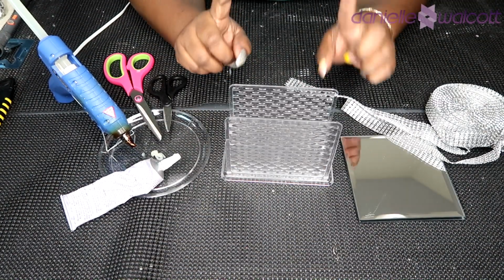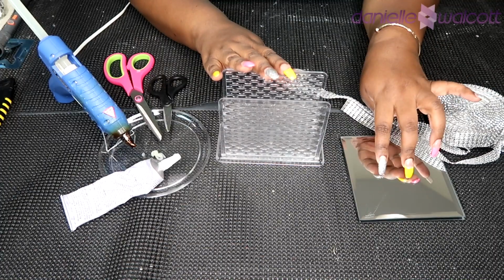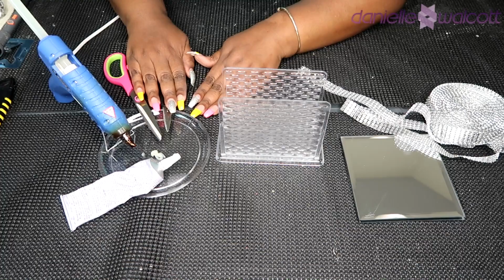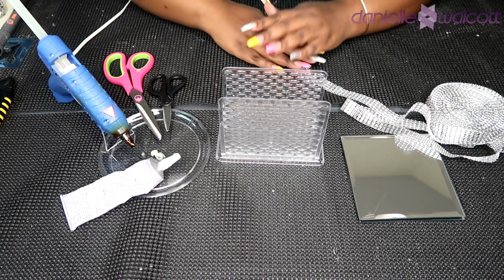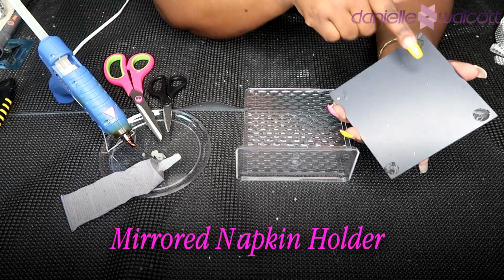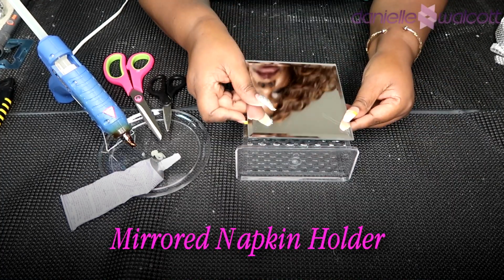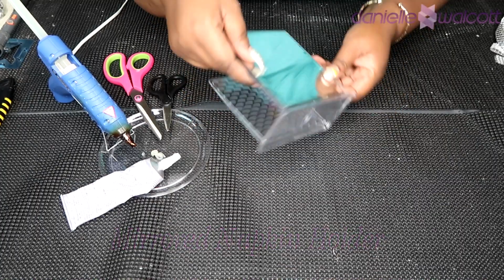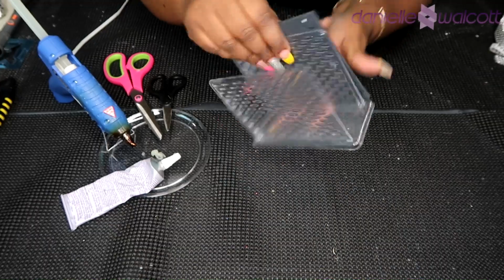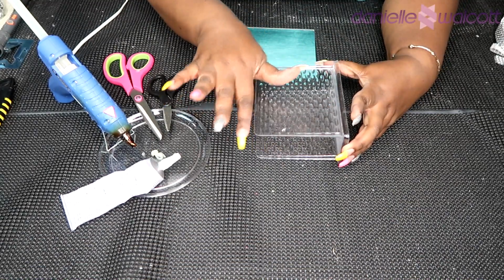For a second project, you will need 1 of these napkin holders, 2 of these square mirrors, some diamond wrap, and of course your handy dandy tools. So the first thing we're going to do is make sure that all of the felt pieces are off of our mirror, as well as that white sticker that usually comes in the middle of those mirrors. And you want to be sure you take that sticker off